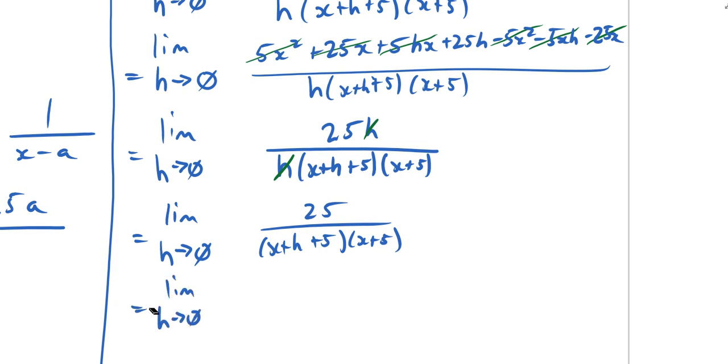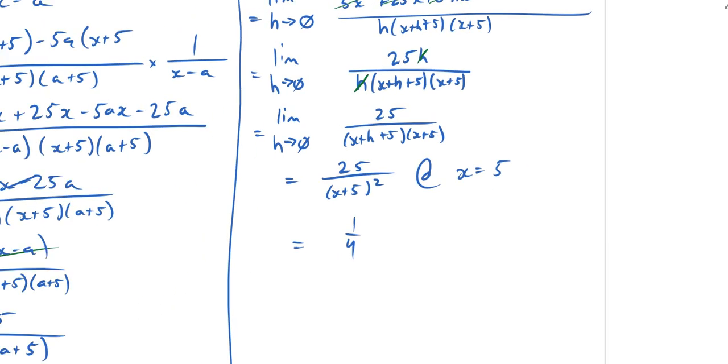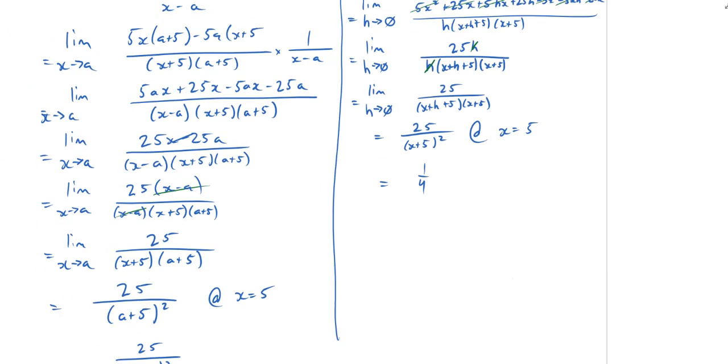Now I can sub 0 in for h, and I get 25 over (x plus 5) all squared. So I get 1 over 4 again. When I look at it like that,